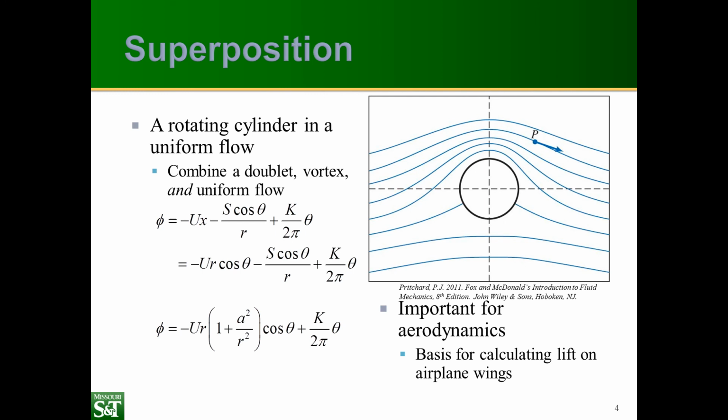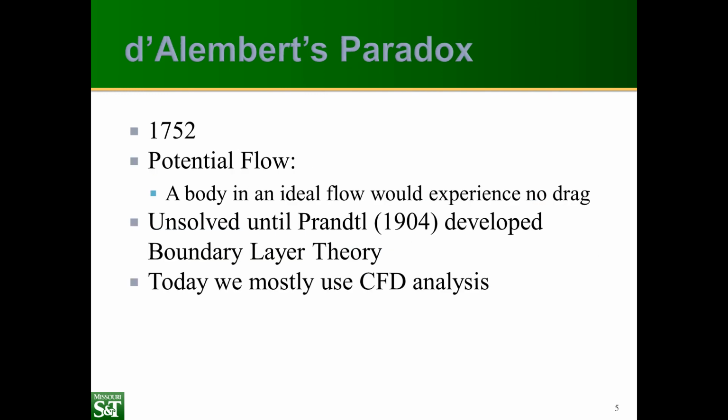Now, while these ideas are powerful, there is a shortcoming. In 1752, D'Alembert's paradox was first expressed. In potential flows, there's no drag. If you look at the cylinder example that we used, there's no drag on the cylinder using the idea of potential flow analysis. Now, from practical hydraulics, engineers know that there is drag on pretty much everything. So our theory predicts no drag, but our experiment measures drag, and that's a problem. It almost invalidated the whole field of fluid science